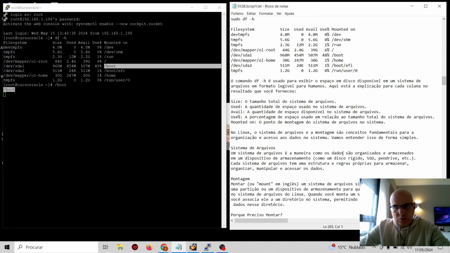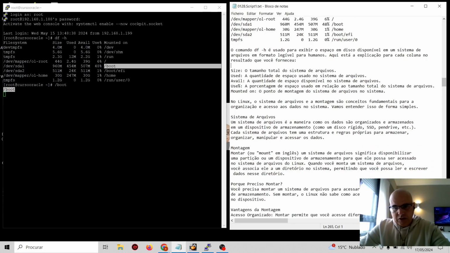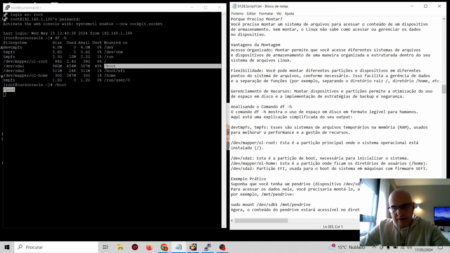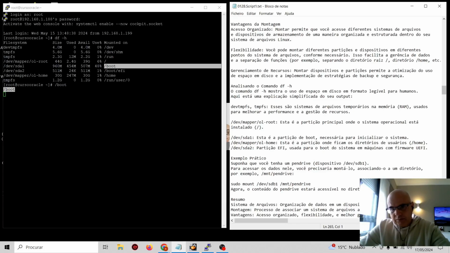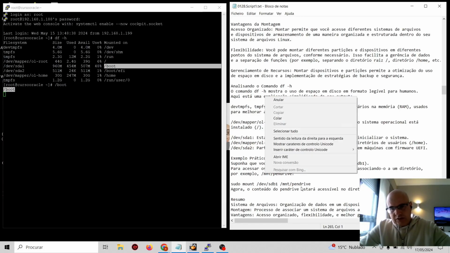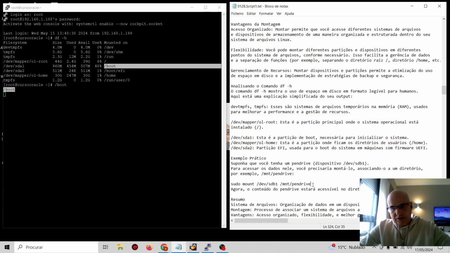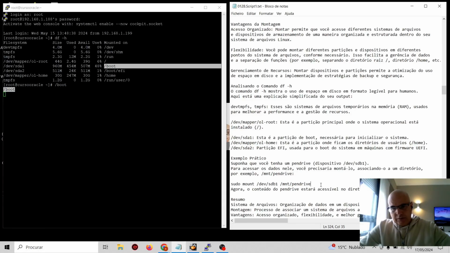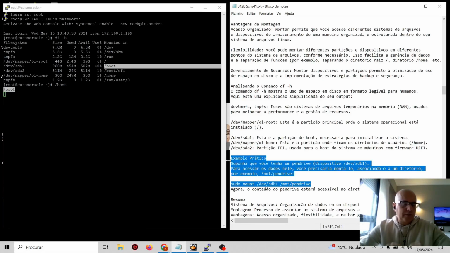So I'll leave some concepts written here. If you still have any questions, advantages. And if, for example, we need to mount as a practical example, except the process is more complex than this. When you work with partition architecture, LVM,